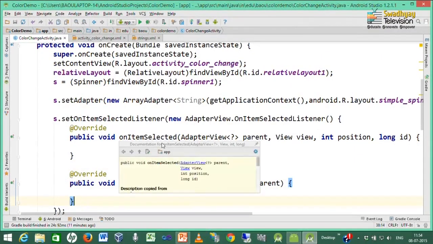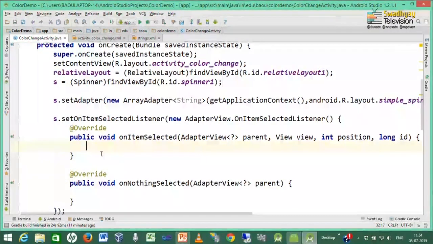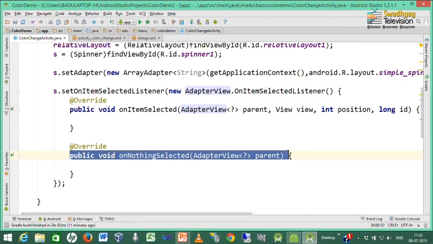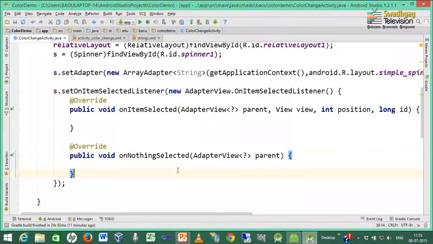One is onItemSelected, which fires when the user selects an item from the spinner, and the other is onNothingSelected: suppose you press escape or cancel the pop-up menu, or do not select anything from the list, then that method is fired, and suppose I select one of the items, then onItemSelected is fired.